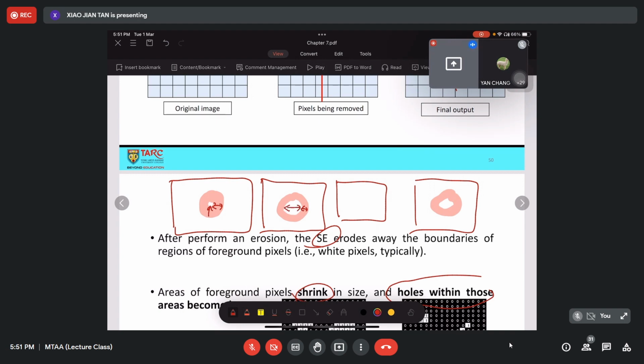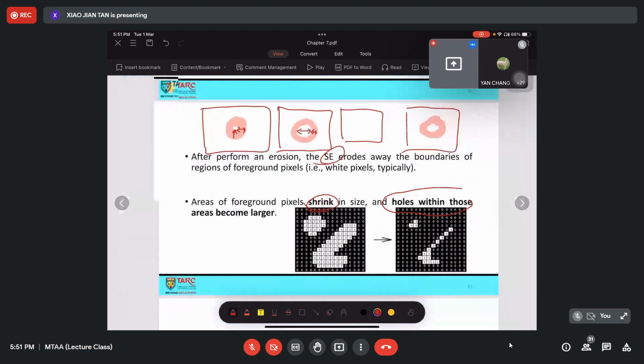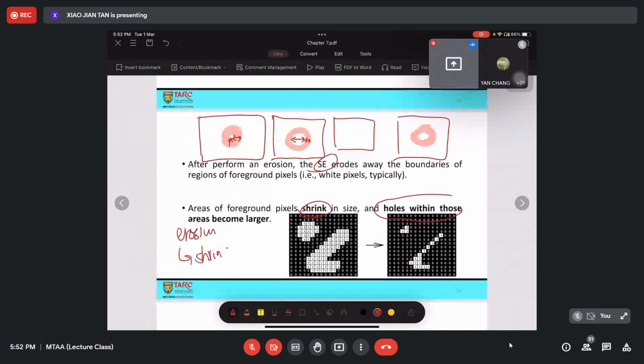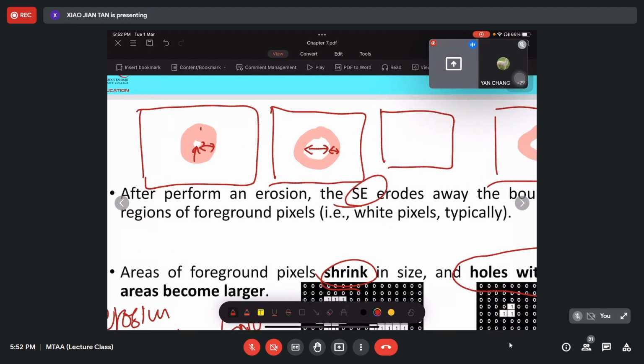As I mentioned just now, erosion is meant to shrink the size of the foreground but increase the size of the background. This is the foreground, this is the background. After erosion, the number of foreground pixels is reduced, or shrinks in size, but the background is increased in size.